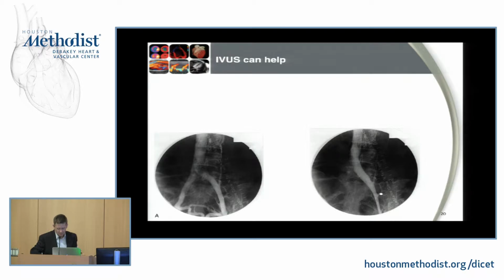IVUS is actually the mechanism that those guys propose the most. So you have a venogram here. You have some evidence of some haziness here. You have some cross-filling. When they go through, and this is before and after intervention, when they go through and